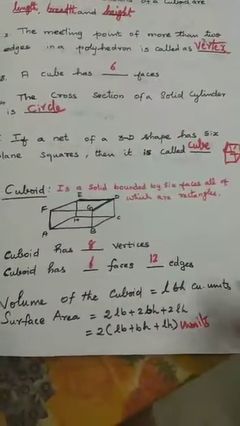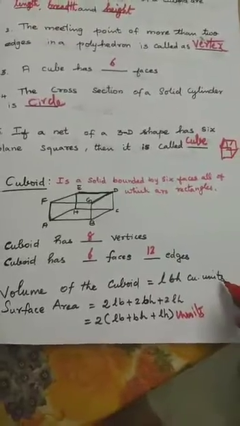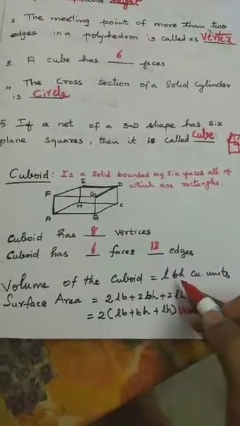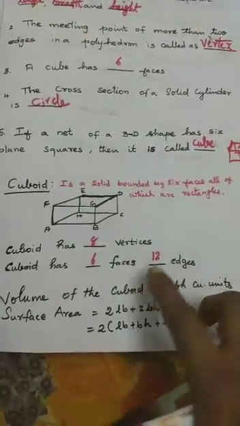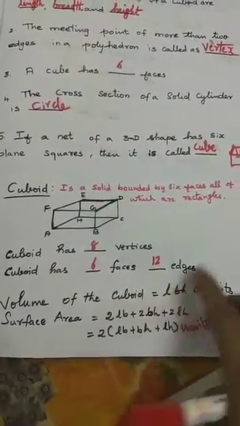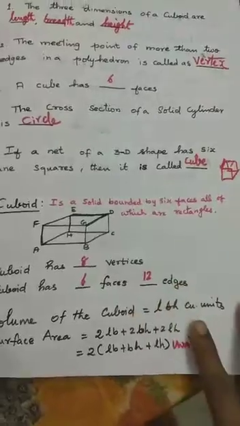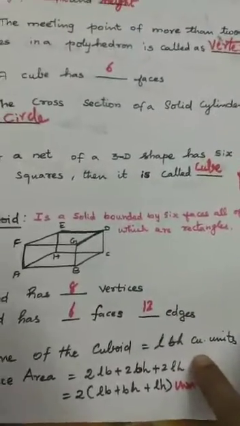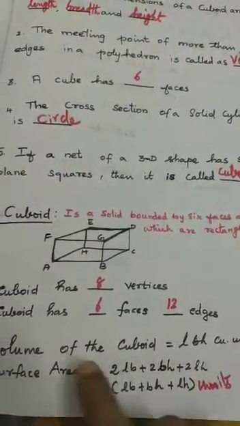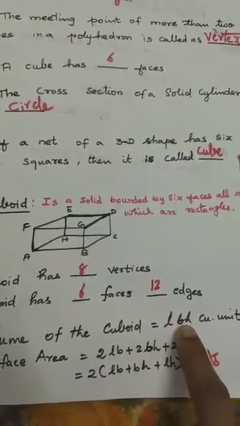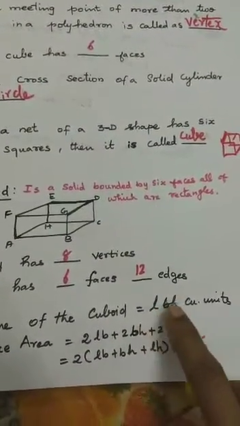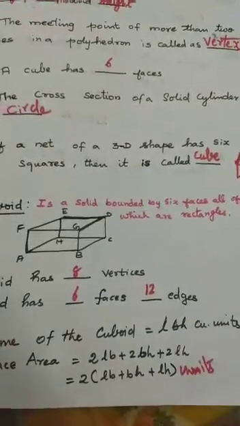For volume, we have to say cubic units. We are multiplying 3, no? For area of a square, we are multiplying 2 only, L into B. So it is square units. Here we are multiplying 3 dimensions. So L into B into H cubic units.